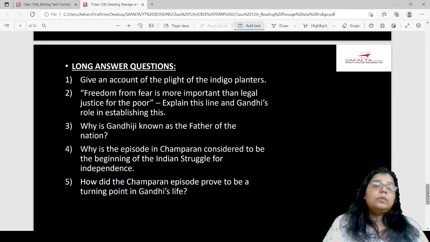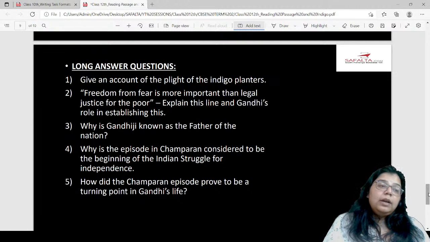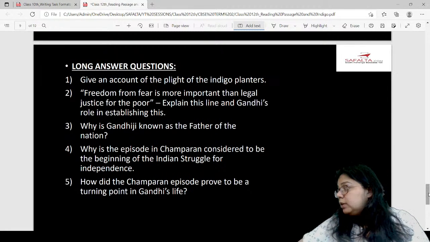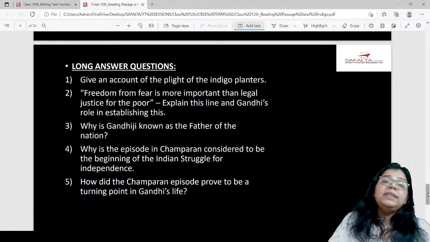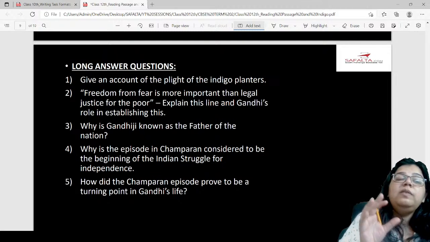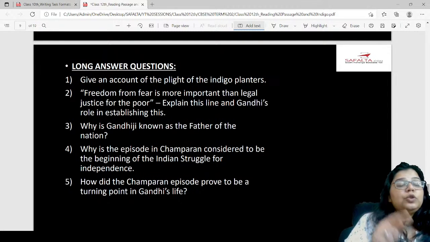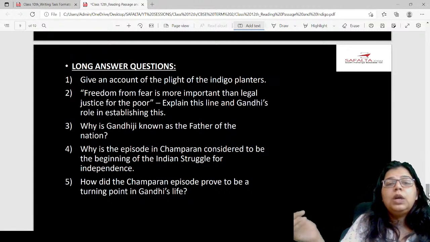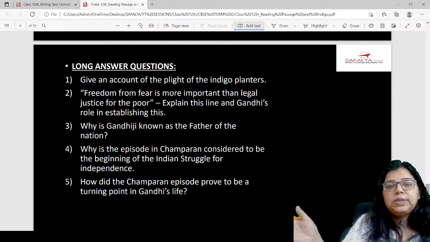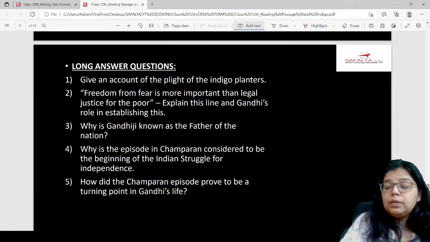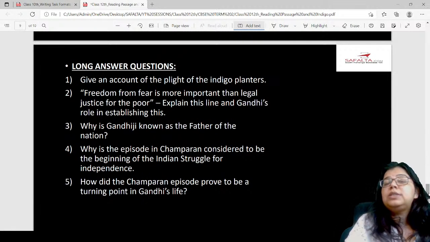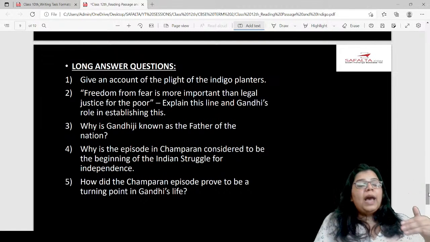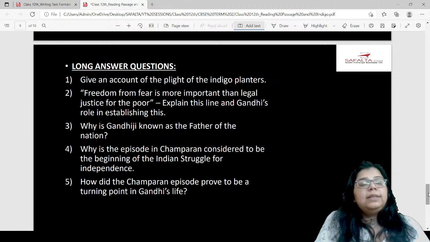Now, what was Mahatma Gandhi's role in it? He showed them with his resilience, with his determination. He stood up for them. And why did he stand up for them? Because he knew that these people were right, and he knew that he was doing it on humanitarian ground. So even though he broke the law at one point in the chapter, when he refuses to adhere to whatever the jail superintendent was telling him to do, he says that I'm setting a bad example by breaking the law, but since he's doing it on humanitarian grounds, it's fine, right? So he stood up for these people to actually lead by example, that there was nothing to be afraid of